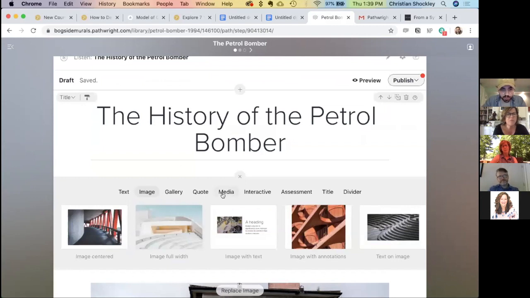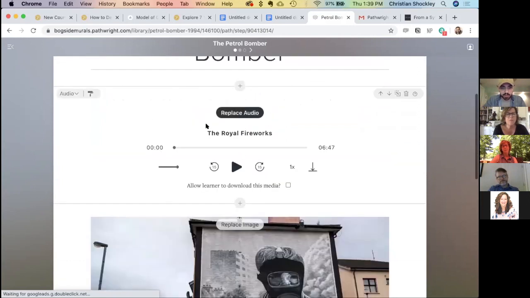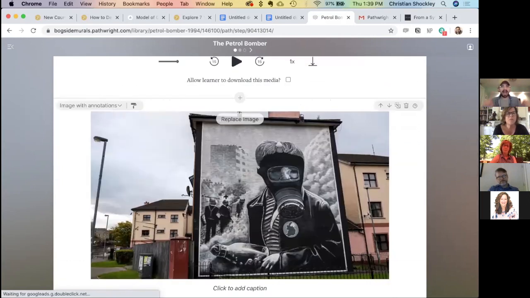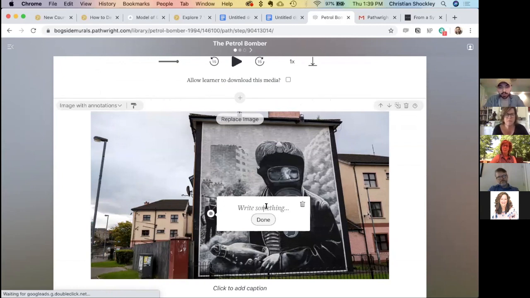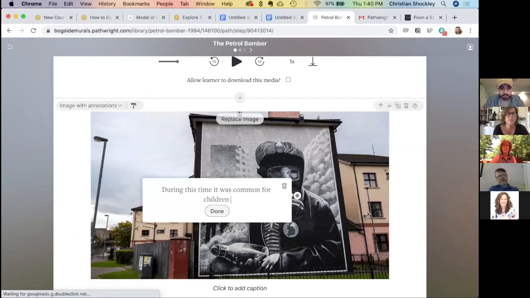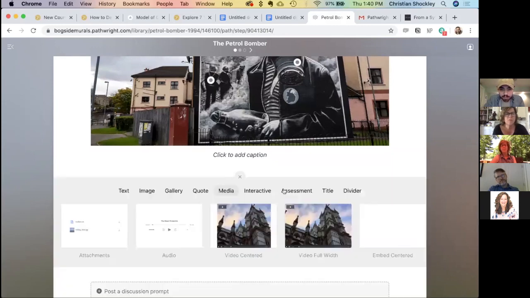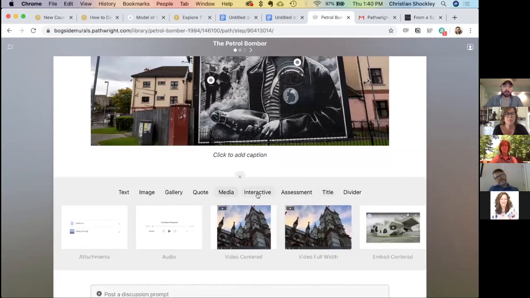Just to go one step further, I'm also going to drop in an audio file. I know she's got some audio guides to these artworks, so let's imagine I upload that here. And then I'm going to ask at the beginning of this audio file for that learner to explore this image while I talk with them about it. So maybe we drop an annotation on here and we explain, during this time, police, and we explain, right? We say, during this time, it was common for children to, and we explain part of the cultural context there. Then we have a reflection on top of that, or maybe we use a flashcard again